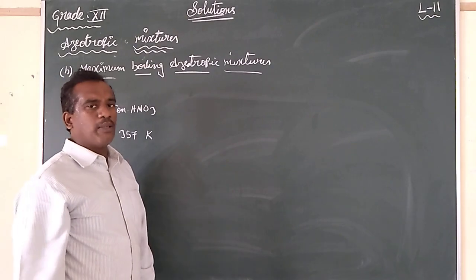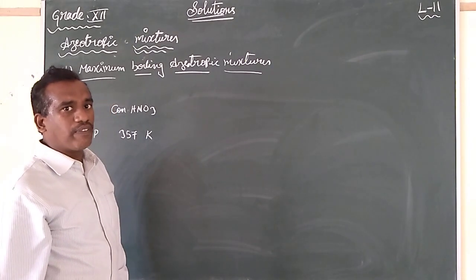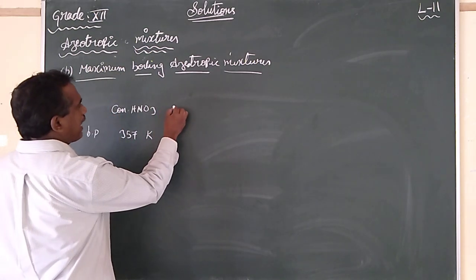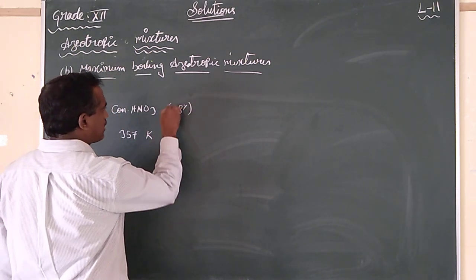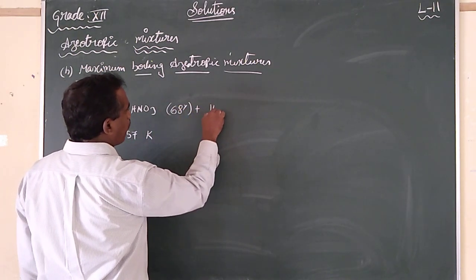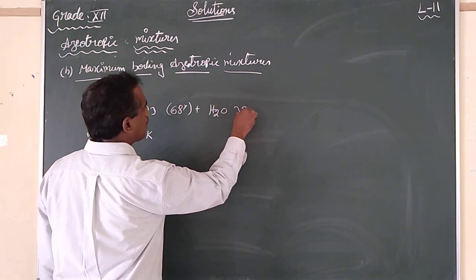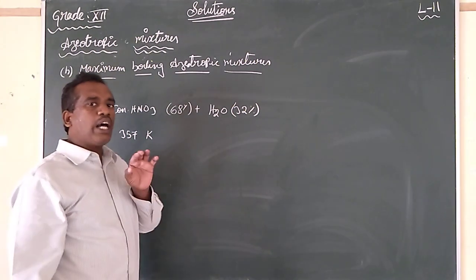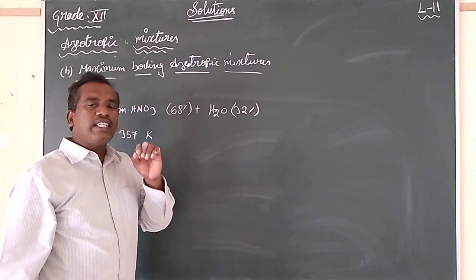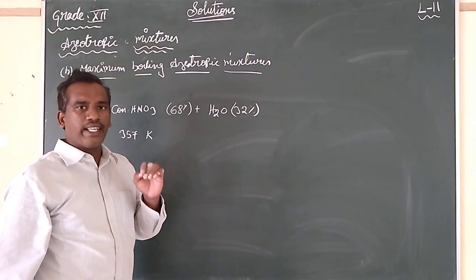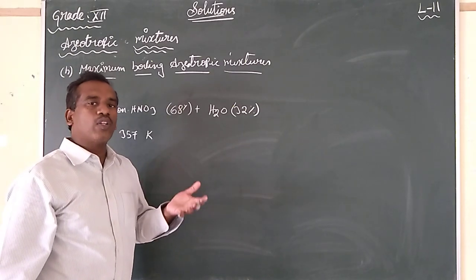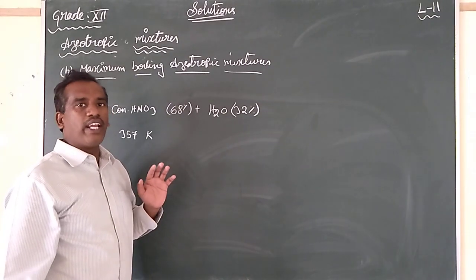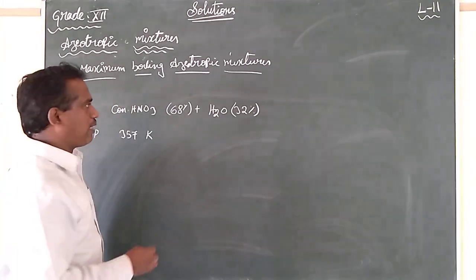But when we take a mixture of nitric acid, around 68%, and water, around 32%, these both occur in the same composition in the liquid phase and also in the vapor phase, and they are also going to boil at a constant temperature,